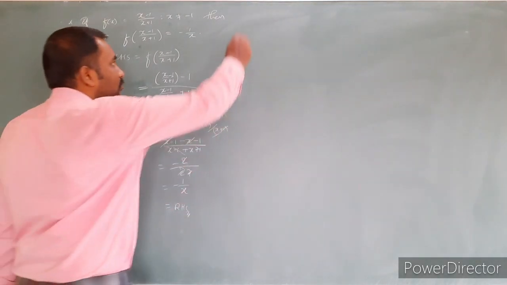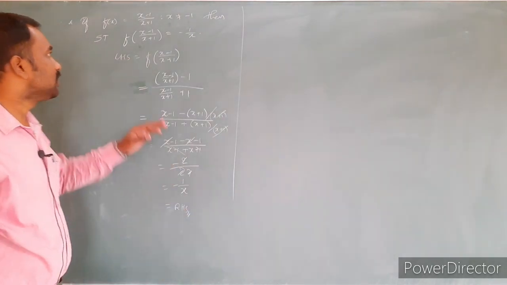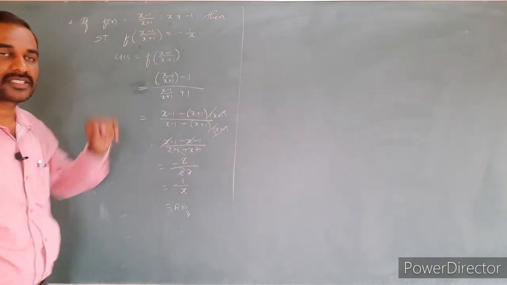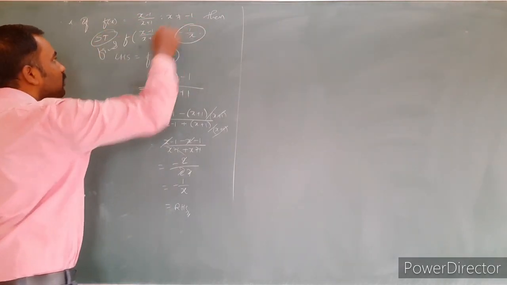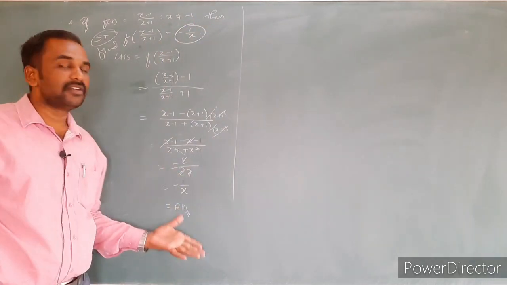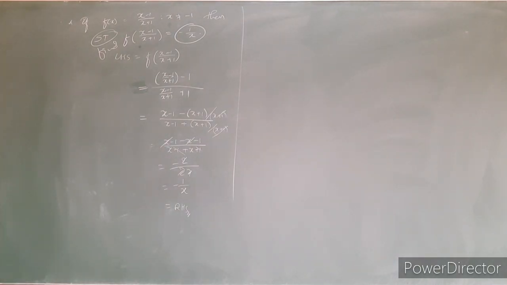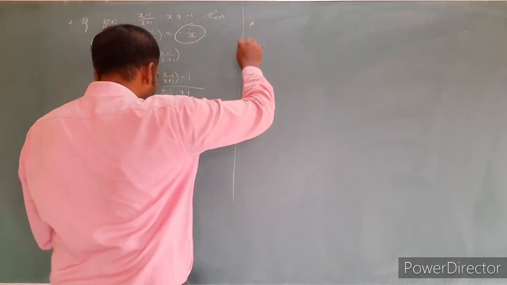Very simple problem. Sometimes to make the question paper twist, what they used to ask, instead of asking show that, they used to ask find the value of f of (x minus 1 divided by x plus 1). Just simplify, we will get the answer. Very simple question. Okay, now take the next one in the same way but a little bit lengthy. The question is only lengthy, otherwise it is a very simple manner.